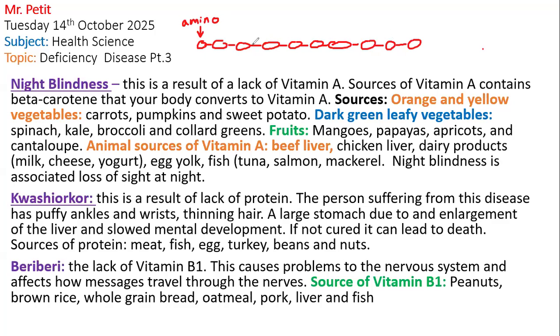This is a linear form. You ever have an iPhone charger or just a charger, and you could extend it long, or you could ball it up like this, right? Anyone know what I'm talking about when you ball a charger like that? Yes. This is how your proteins look. But it's basically made up individually of what we call amino acids.